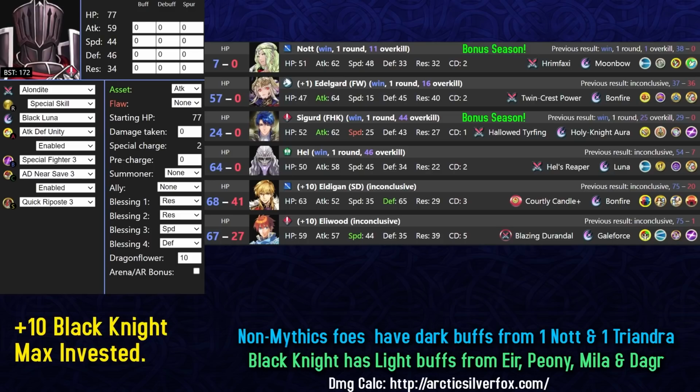But the problem is that the 2 most common units that you're going to be facing in the light season are going to be Legendary Seaguard and Note. Both of these units have damage reduction skills, so it's incredibly hard for him to one-shot them with his Black Luna. Black Luna does get stopped by a damage reduction skill, so that is really annoying. So he pretty much is forced to run Quick Riposte and let go of some of the bulk if he wants to kill Note, especially Note, because bonus season Note